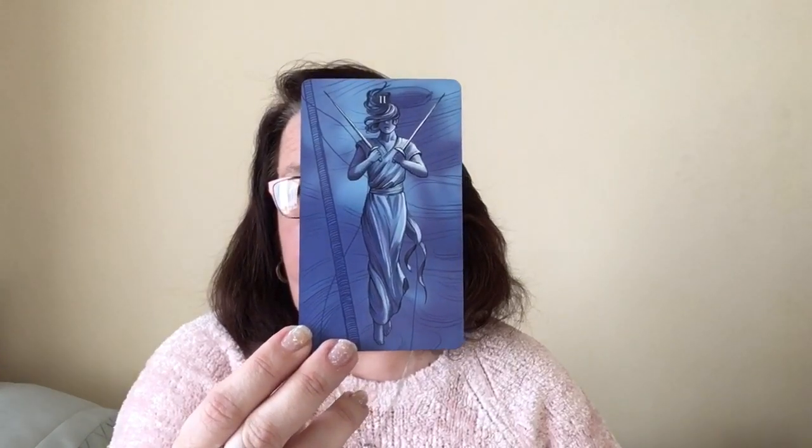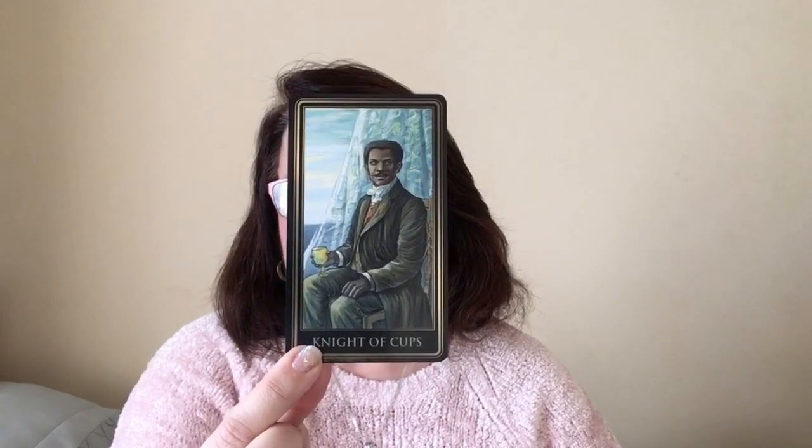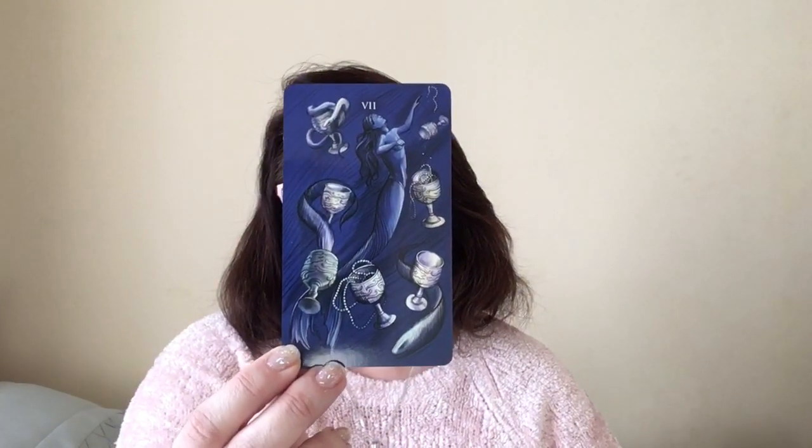and again, lots of people backed this deck and even wanted it afterwards, I know. Two of Swords. So I love the blue colouring and the underwater feel, but then you kind of go to the Knight of Cups, and again we've got that black and gold border. I mean, I can kind of see what he's trying to do, that some of them are above the water and some are below, so the minors are all kind of below, so I can see the thinking behind it. Seven of Cups,